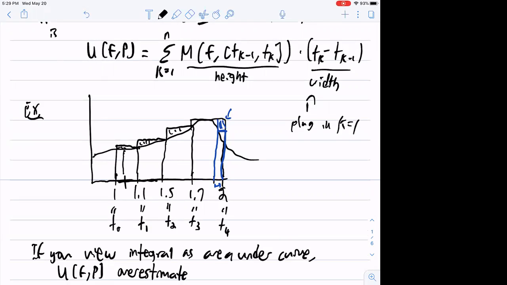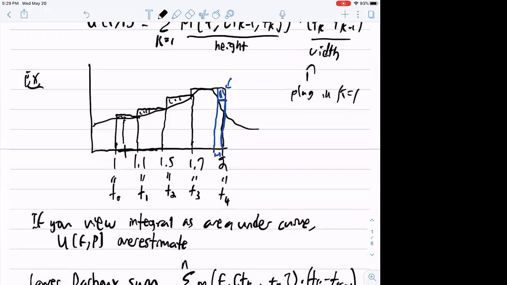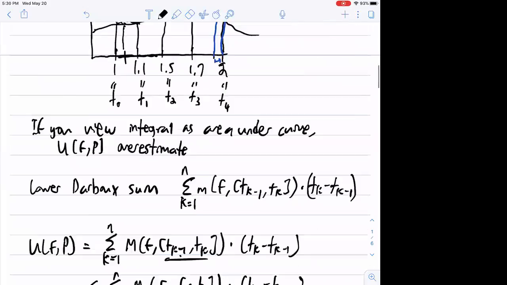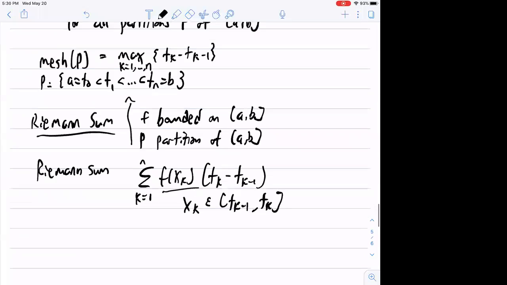So, you could choose any point. If you chose the left one every time, it's called the left Riemann sum. If you choose the middle one every time, it's called the midpoint rule. And if you choose the right one every time, it's the right Riemann sum. But the idea is